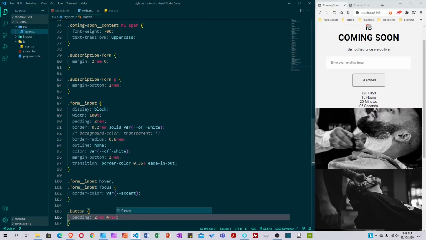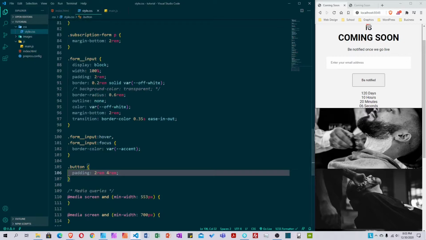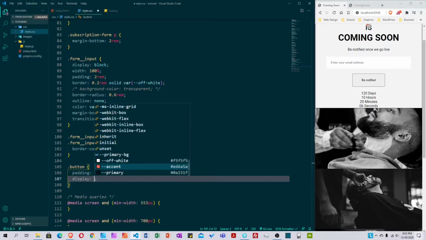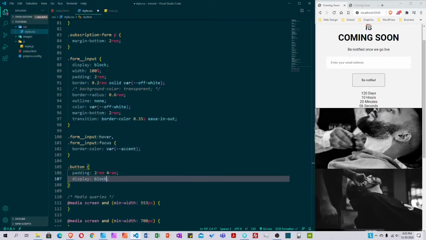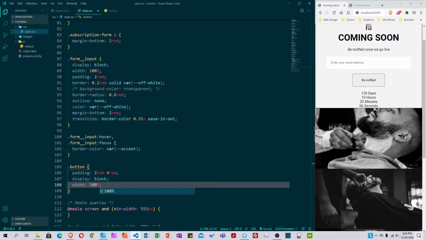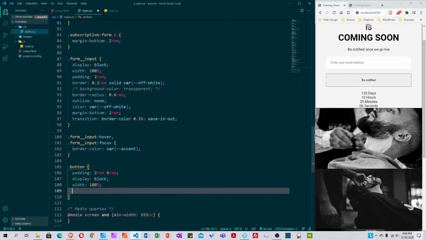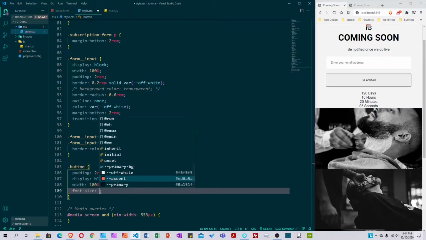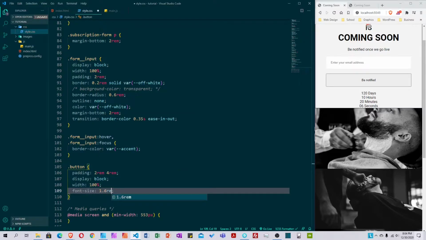As you can see, set it to be display block, width 100%, font size to be 1.6 rem,